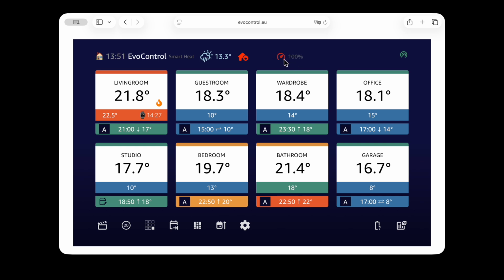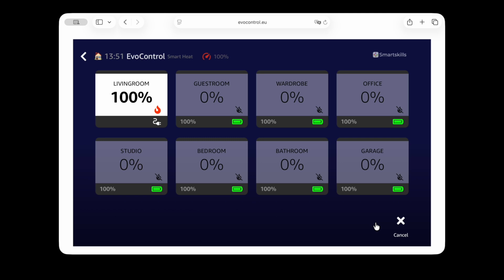Another thing you'll notice is that at the top here I have an indicator of the current demand at the boiler level, so it's 100%. And if I look at this, I can see there's a flame symbol here indicating that zone is calling for heat. The opacity of that flame would actually be less if the demand was less than 100%. But if I click here, I can see that indeed at the moment it's a full 100% heat demand from